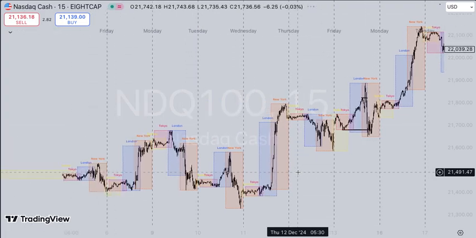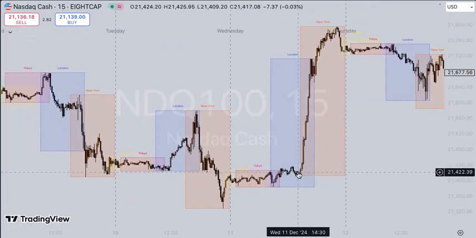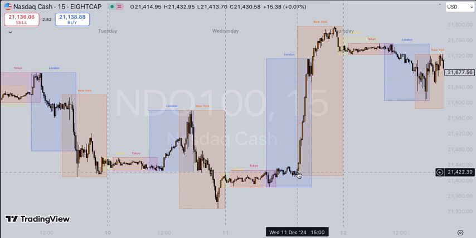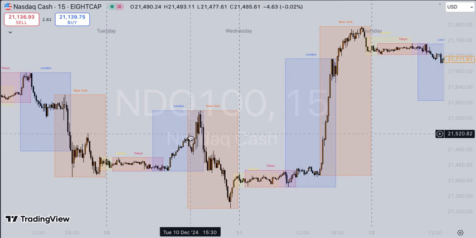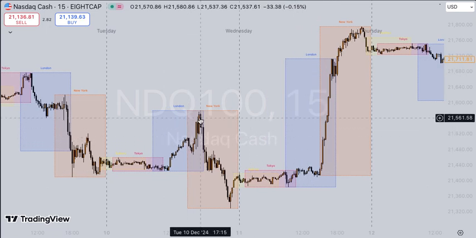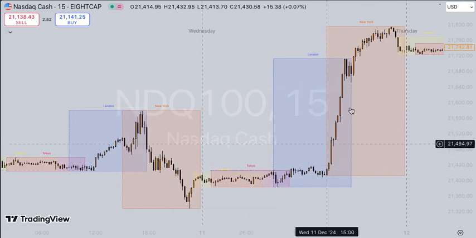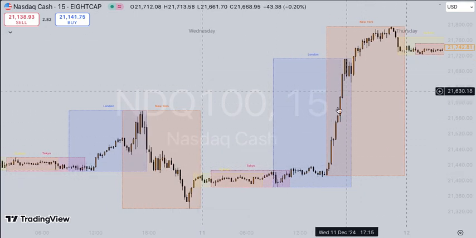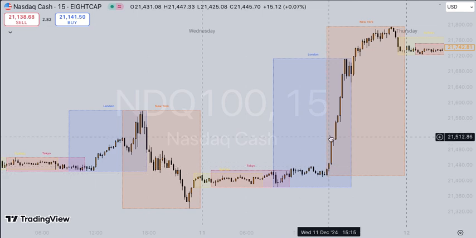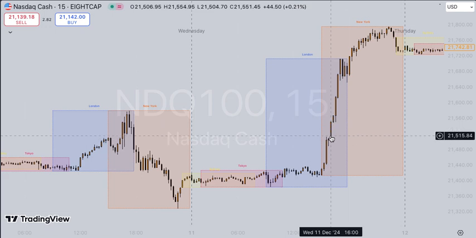So another thing is the movement like this one here, right? This one is quite beautiful because we took this high here, going to the upside, and we continue to go into the downside, right? So another thing is this kind of move here, where the market just extended to the upside, right? So when the situation is like this, by 4:30,